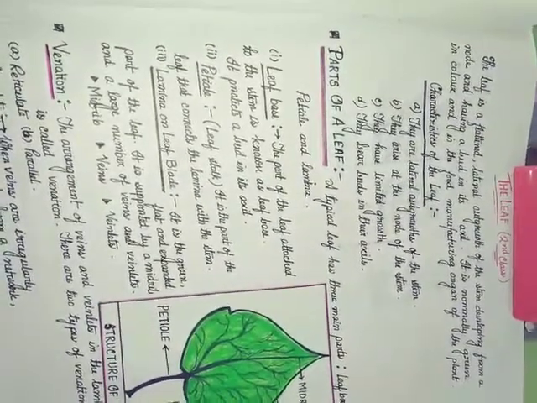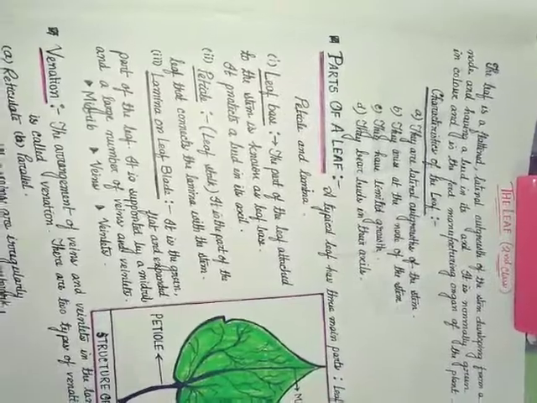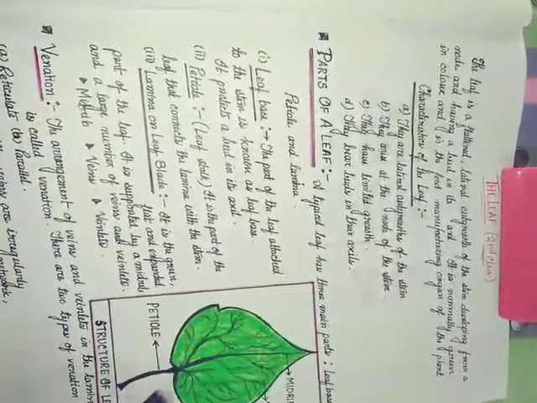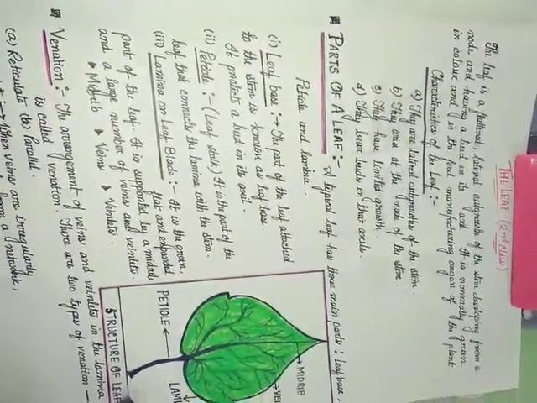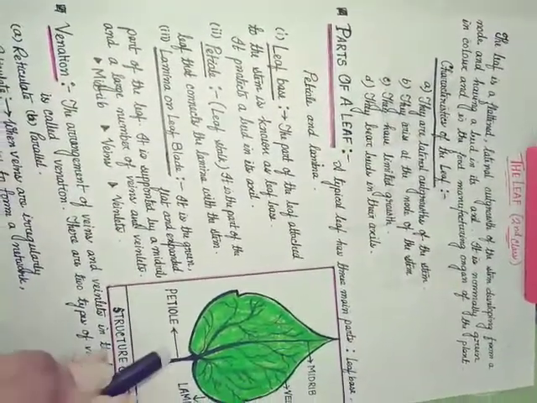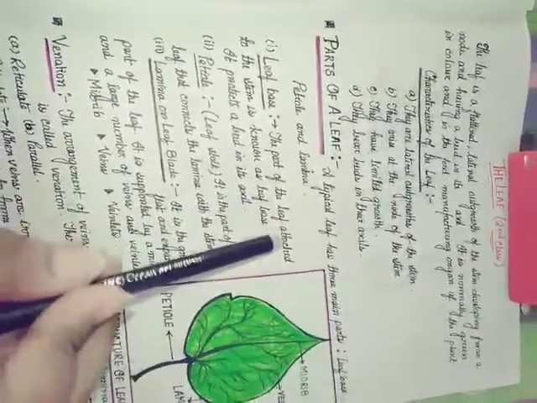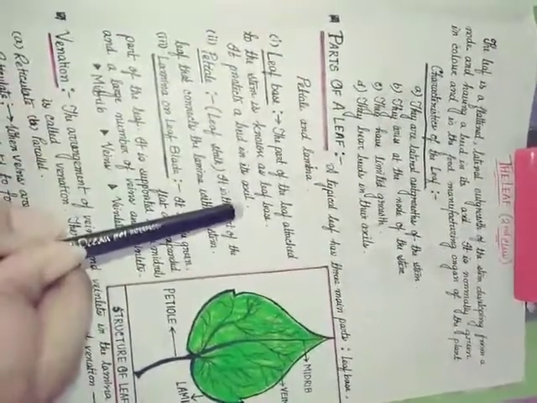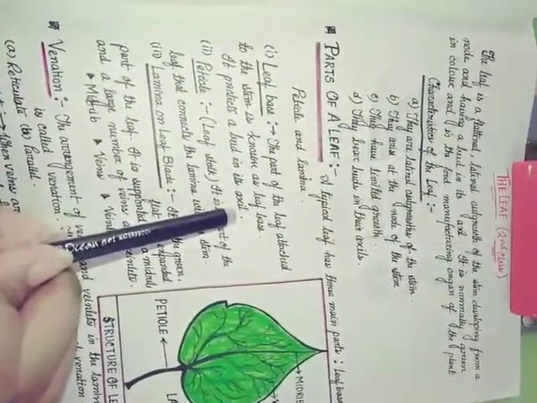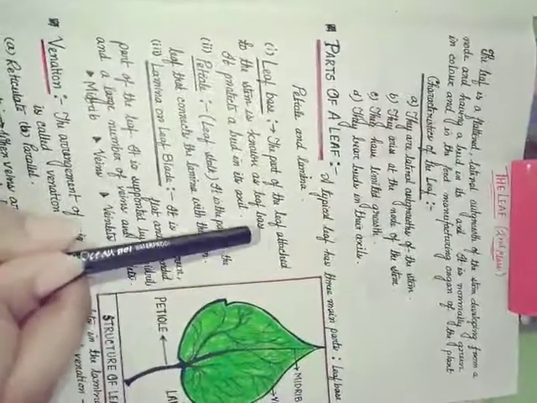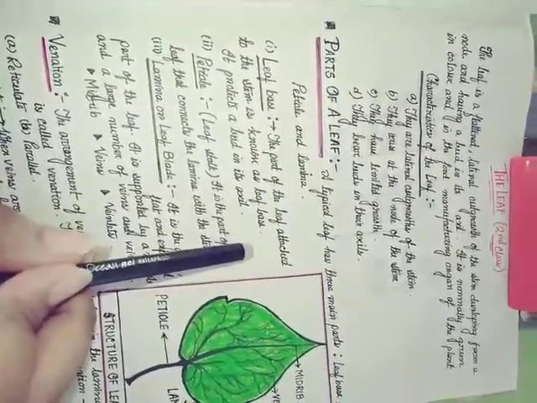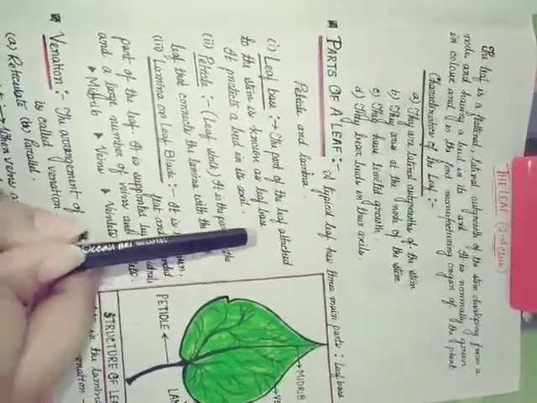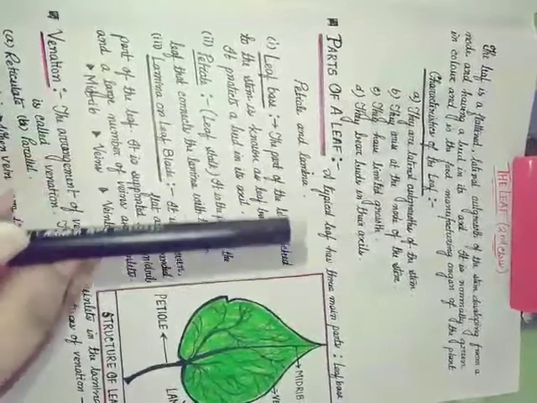The leaf base is not shown here, but it is the part of the leaf attached to the stem. With the petiole, another part is there which is attached to the stem, and that is the leaf base. It protects the bud in its axil, so that is its function. From a node a leaf arises, and the leaf base is attached to the stem at the node.